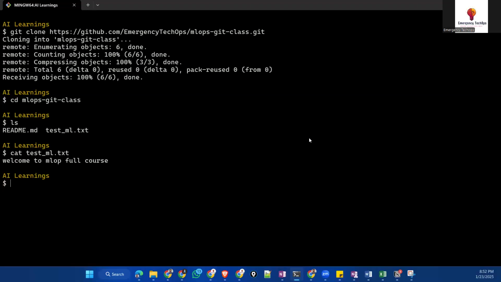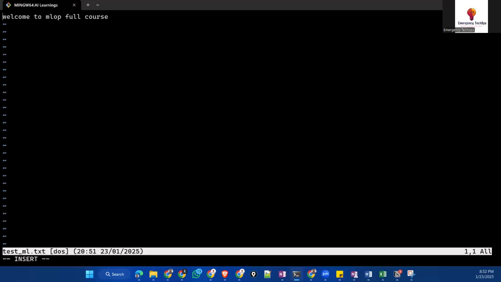Okay. Now I would like to make changes here. So I'll open vi test.txt. Now here I can add. I'll add an experiment line, adding a line from Git Bash. I'm giving this one.